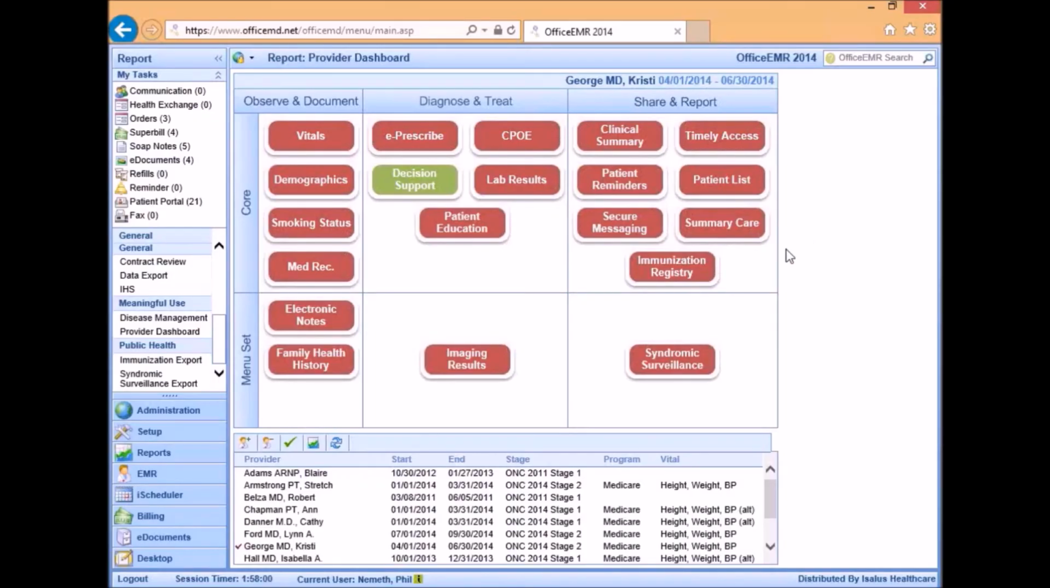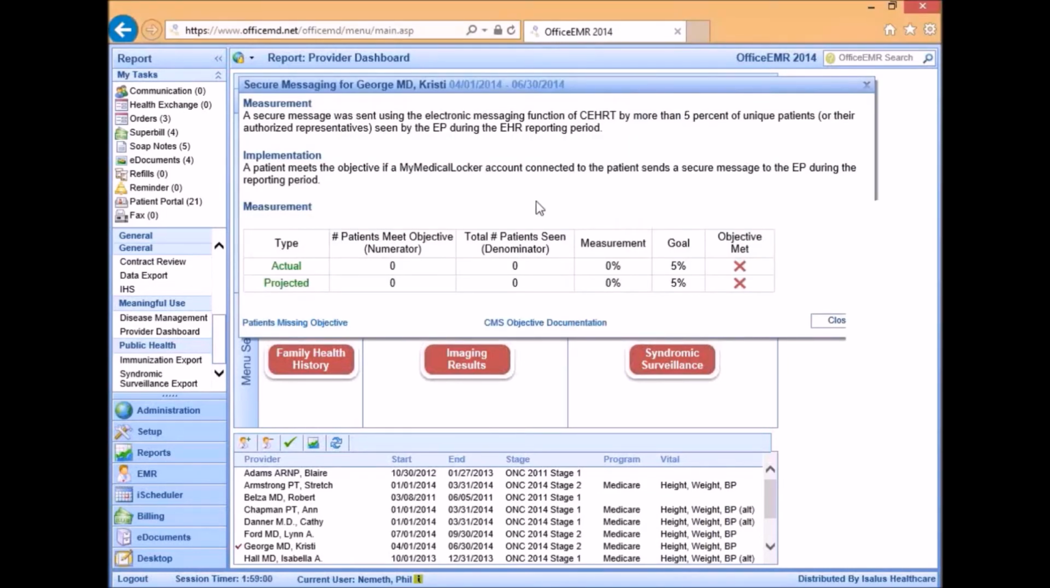The next objective we'll take a look at is secure messaging. I'll click on the secure messaging button. The way this works, this is tied in a little bit to that timely access objective we just spoke about. The secure messaging is a task or function that actually has to be completed